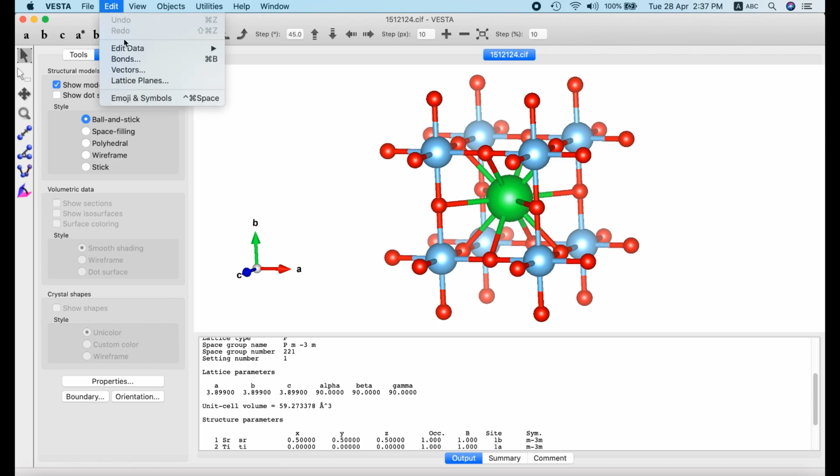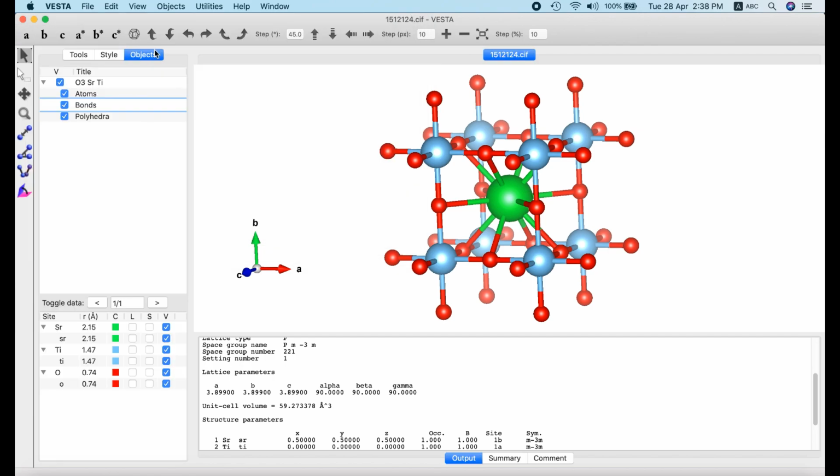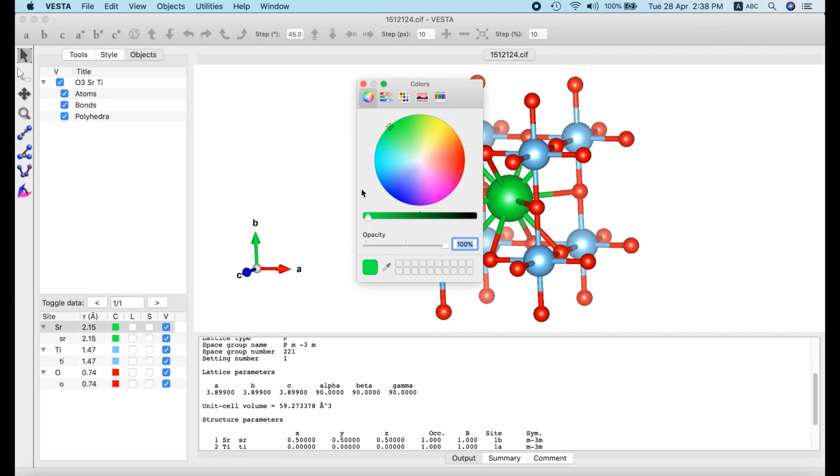Also you can see it displays bond length information. It is a critical parameter which determines most of the properties of the material. Now we are going to see how to change the color of atoms. We can change the color of each atom presented here, but the VESTA program creates automatic coloring for each atom, so they have a fixed color for each atom, and they will display. Now we can change that.